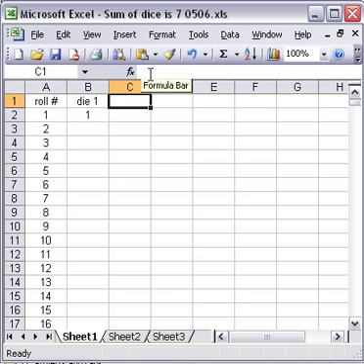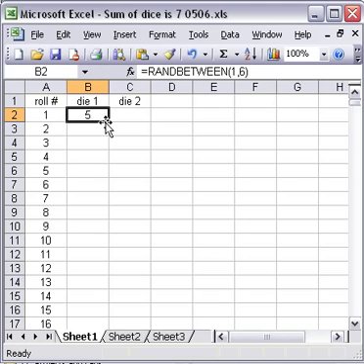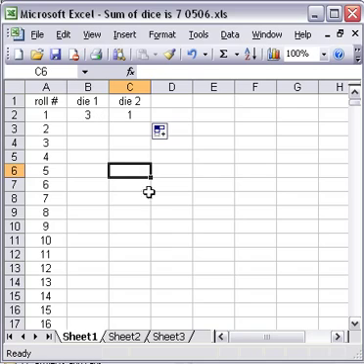So in this column we're going to put the label die 2, and here we want the exact same thing as here. We can just drag it, copy it to the right. Now we have a 3 and a 1. Every time we hit F9, a 6 and a 3, 6 and a 6, a 2 and a 2, and so forth. Now we want the sum